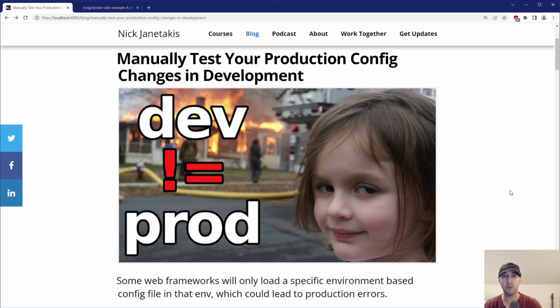In this video, we're going to go over manually testing your production configs in development. And this video is going to be a post-mortem of how I almost took down production for one of my clients. So there's a number of web frameworks out there that have this idea of you can load in different